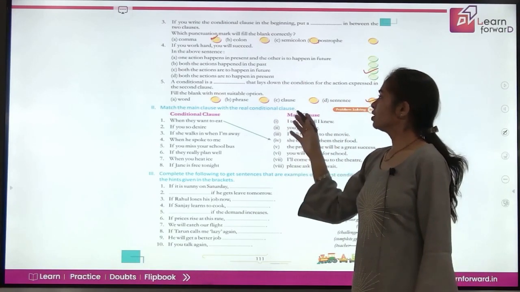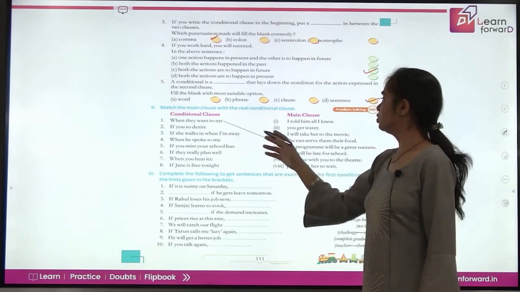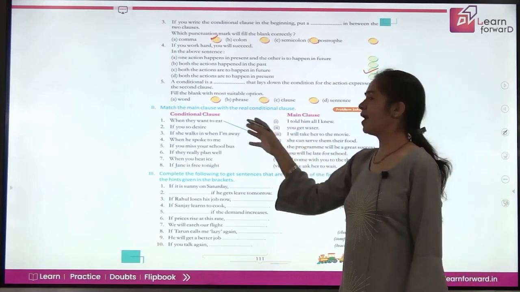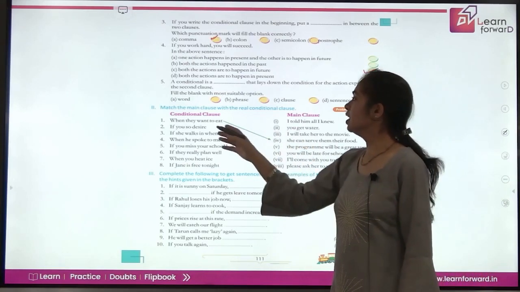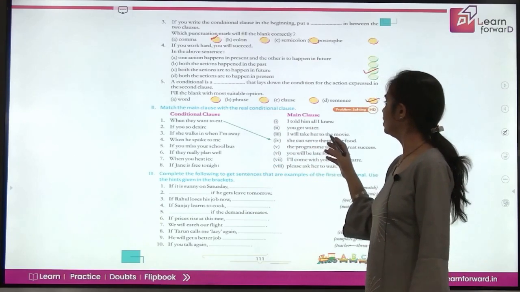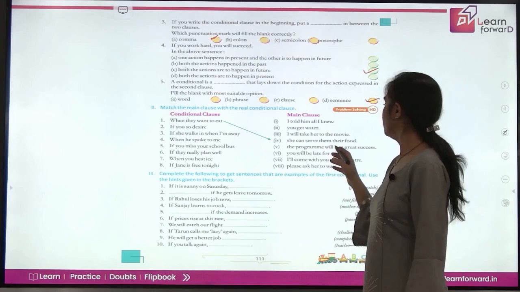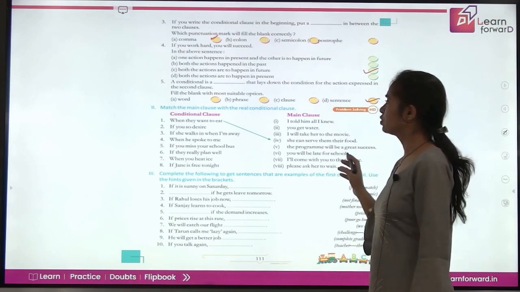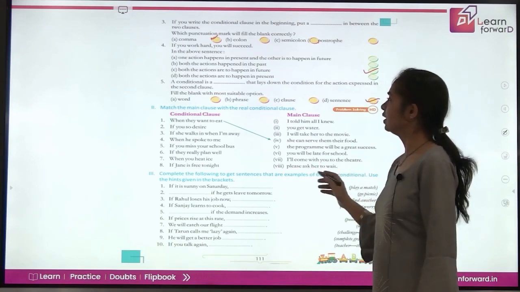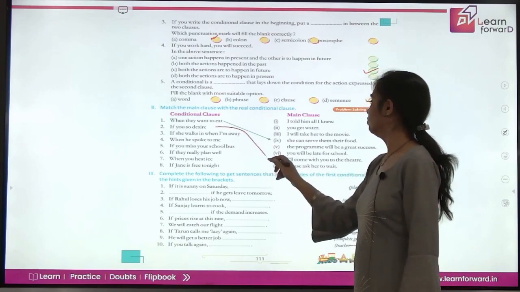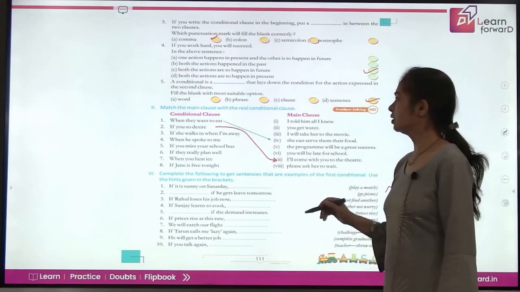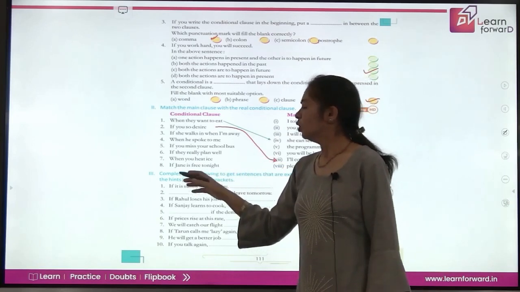Next, match the main clause with the real conditional clause. When they want to eat, she can serve them their food. So we are just matching them to make a perfect sentence. If you so desire, I told him all I knew, you get water. I'll take her to the movie. The program will be a great success. You will be late for school. If you so desire, I'll come with you to the theater. Please ask her to wait. If you so desire, I'll come with you to the theater. It's the perfect match. Likewise, you can just match the other clauses here to make the perfect